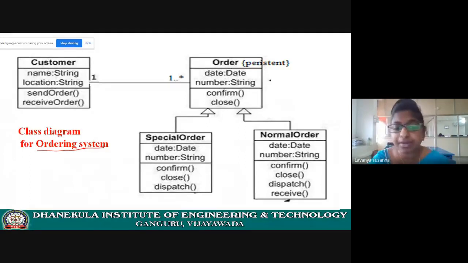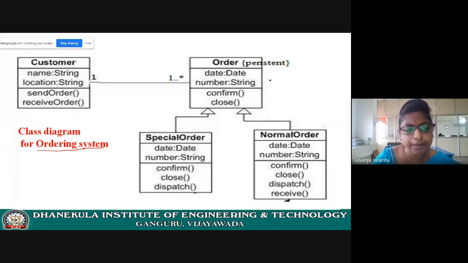See, in your examination, they are not asking what is present in your textbooks. Diagrams which are present in your textbooks, they are not asking; they are asking different application diagrams. Draw a class diagram for ordering system, for library management system, for online shopping, railway reservation system, like that they are asking. So you need to know how to draw the diagrams, how to identify the classes. Okay, please practice it. All the applications, you can find on the internet.